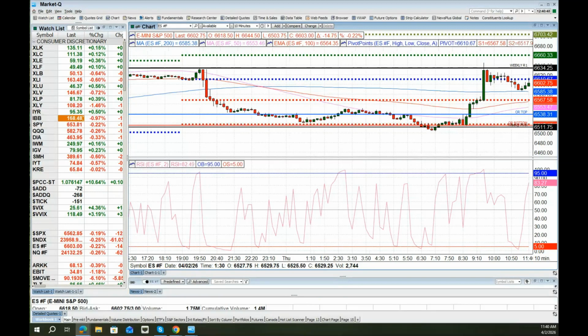Now, as far as trailing the stop, sometimes I like to hide behind, by which I mean trail my stop behind technical points that are forming on the charts. The two charts that I look at are the 30 minute and the 65 minute. I use the 65 minute pretty often, but during these days when volatility has increased, I'm looking at the 30 minute a lot more. It pretty much aligns with the 65 minute.